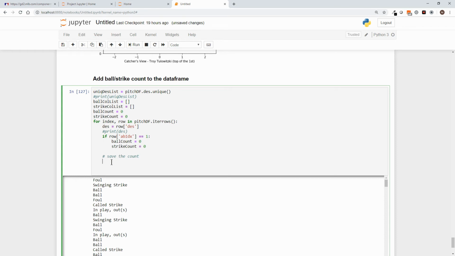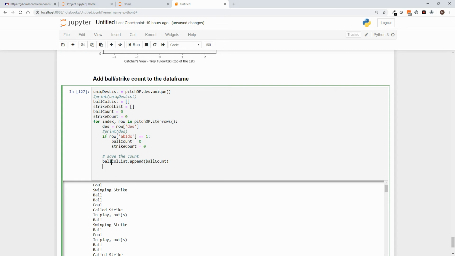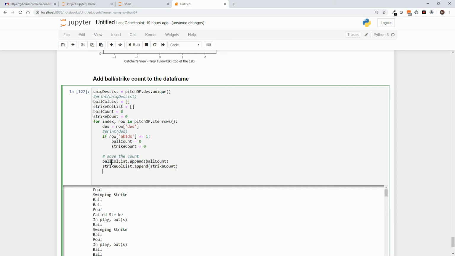So now we want to save into the ball column list, and we save by appending, and we put in the ball count, which again on this very first record is going to be 0, as will the strike column list. Dot append. Okay, and then and only then do we want to look at the at-bat